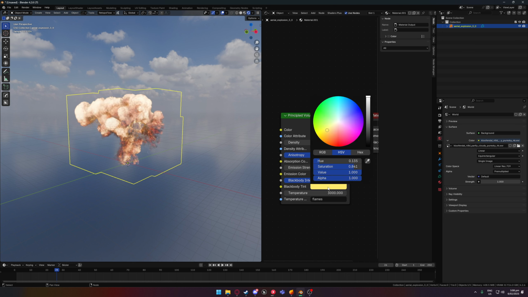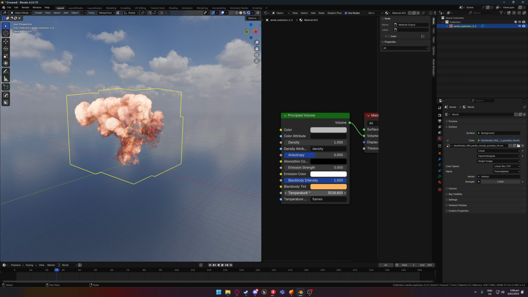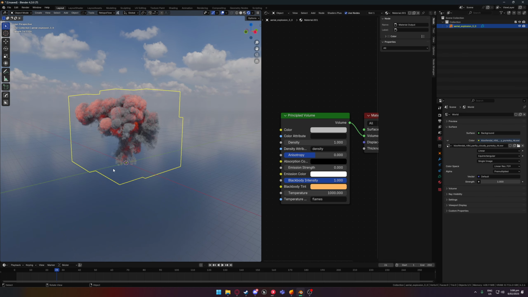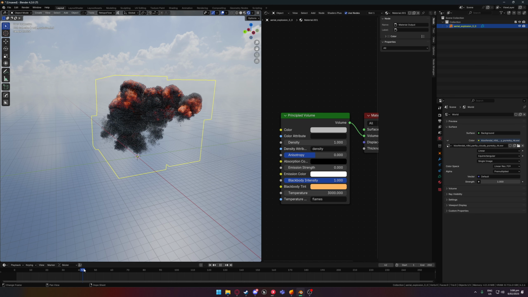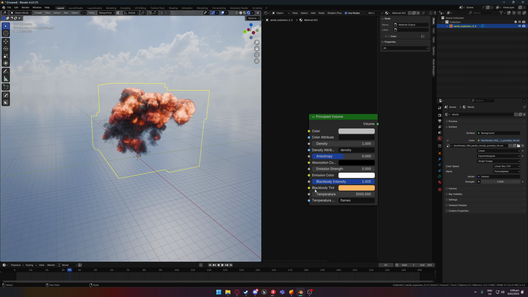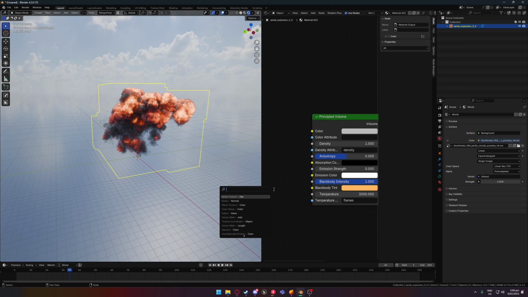So here's what this is: a more desaturated look, because it's very much on that yellow end. You can play around with it. The higher the temperature, the lighter it's going to be, similar to when you're setting it up in Blender. The lower the temperature, the duller on the black body scale it's going to be. You can mix and match that to see what's going to give you the result that you're after. You can probably set it up like a custom one. I've never really done this before, so there's going to be only, okay, side